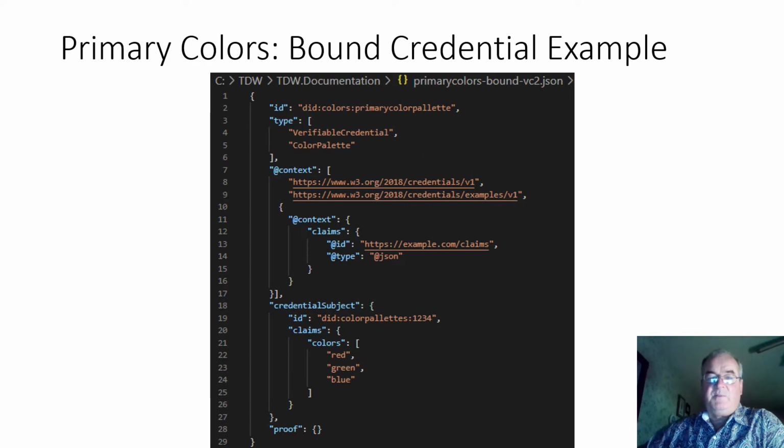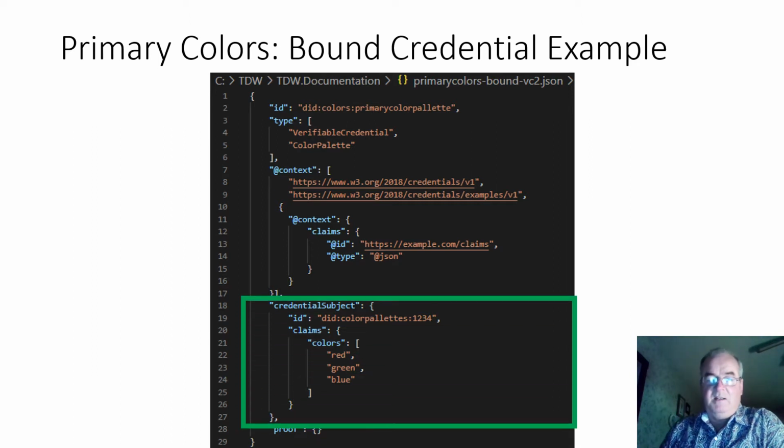So here's an example, the famous primary colors example. This is a bound credential example. And by that I mean, within the credential subject, it has an ID property that has a value. It is bound to the value of the ID field, and that value, the DID color palettes 1, 2, 3, 4, is an identifier that's associated with some subject. The subject here happens to be a color palette, because we're using a subject that doesn't refer to a person